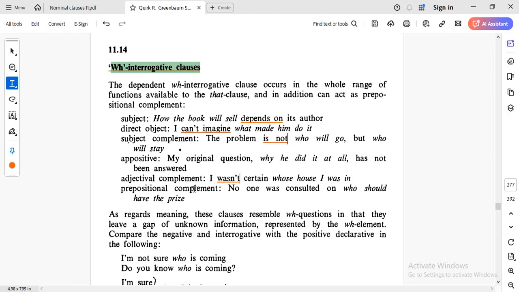Prepositional complement: if we have the clause, the nominal clause follows a preposition. No one is a subject, was consulted. Here, the verb is consulted on, because this is a prepositional verb. And who should have the prize? This is the WH nominal and WH interrogative clause functioning as a prepositional complement because it comes after the preposition